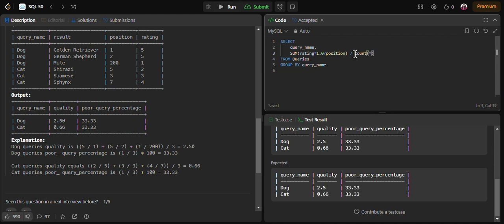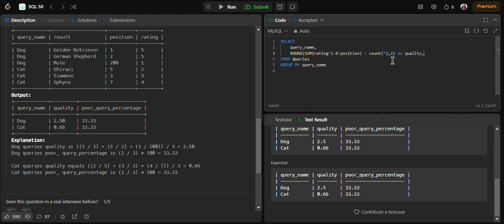So this will give me the average. I have not directly used the average function, but I have divided by the total number of ratings, so it gives me the average. Then we do the round, and it will give me quality.